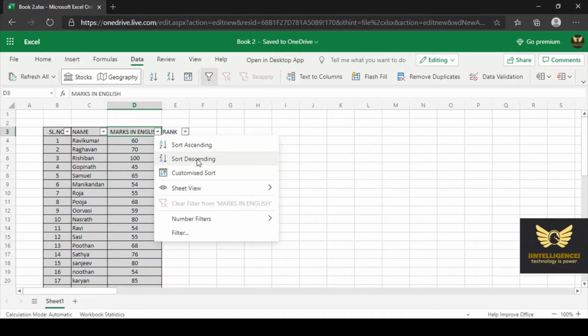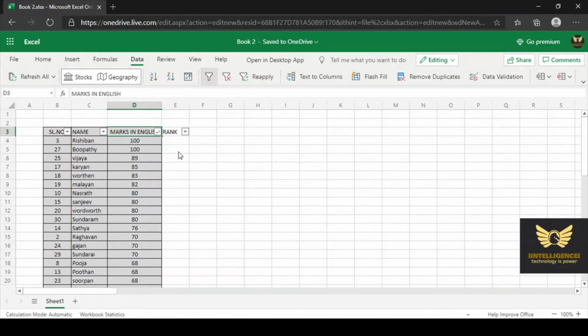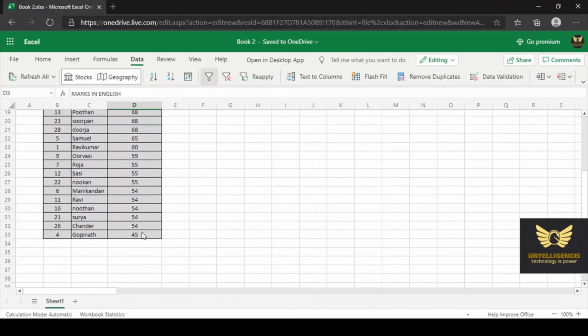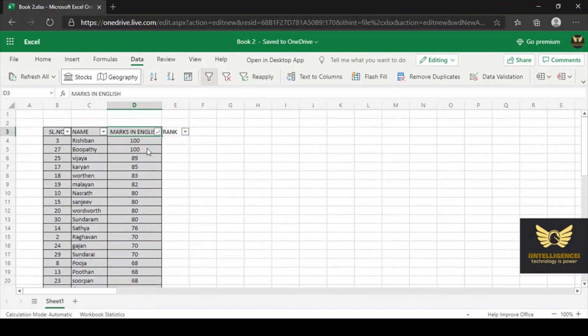Suppose I click sort descending, the top mark will come to the top and the last mark will come at the bottom. So now I am clicking sort descending. Now you can see the top mark is 100 and in decreasing order the other marks come. The last mark is 45 and the top mark is 100.